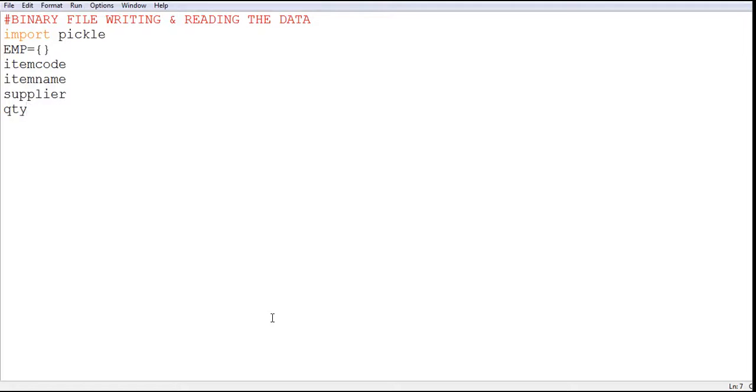And let me make it clear. The sequence that is given in the sample paper is not a dictionary. It is a list. If you have carefully observed the question, in the beginning of the question only, the field names are written inside square brackets.